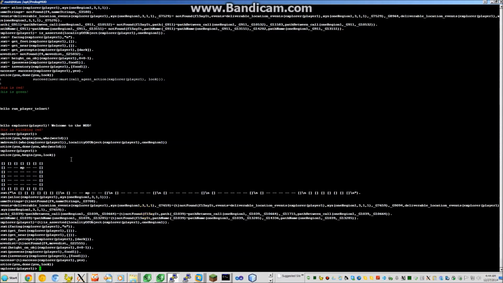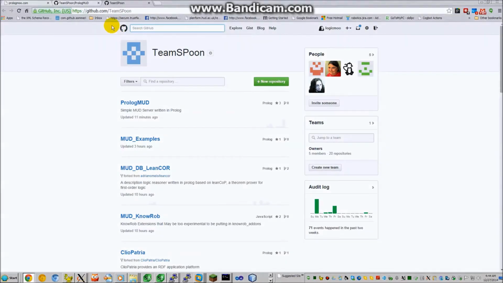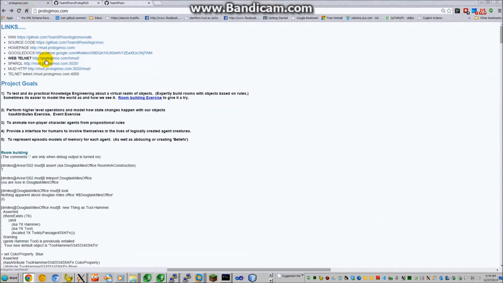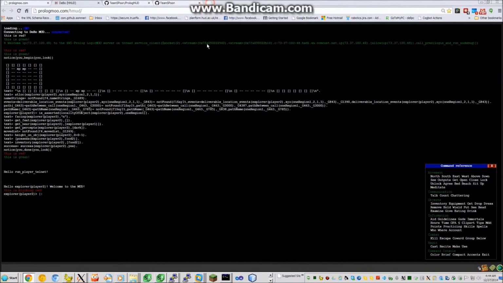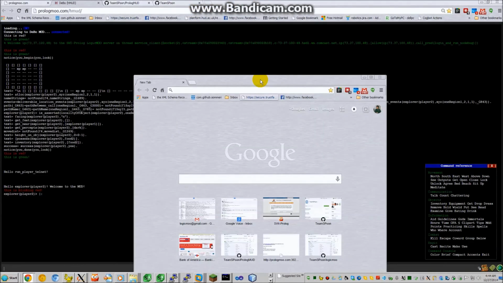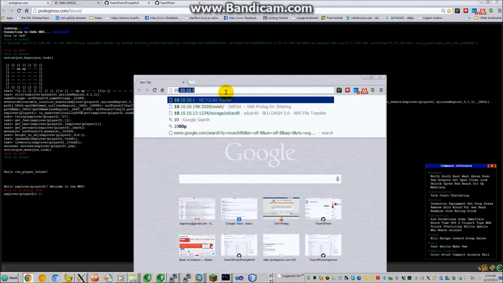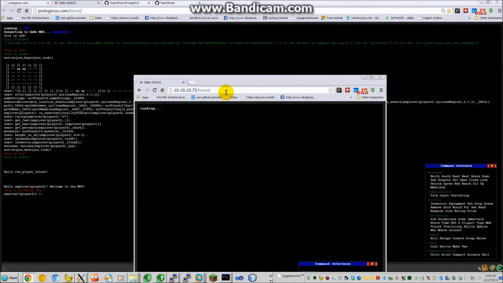This world is fully functional and has a few commands. We will log into the world by opening up a web telnet, which is that. Also, let's go ahead and open up a second one too. That way these guys can communicate. We'll have two players here. Okay, so let's do that. Of course, you'd be going to localhost, but I'm going on my network. It's here. Okay, so player 2,